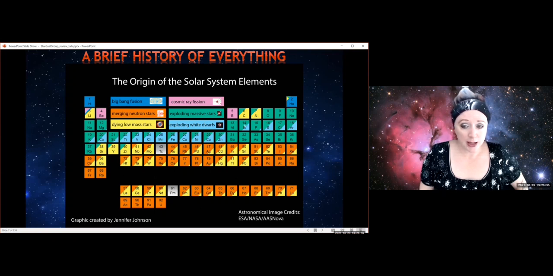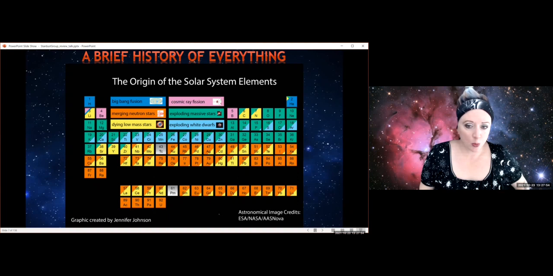But if we go to, say, silicon and magnesium, we can see that most of the magnesium is coming from high mass stars that go supernova. The silicon is a mixture of high mass stars that go supernova and low mass stars and binaries that go supernova. But if we go out to these much heavier elements, we can see that these heaviest elements are a mixture of low mass stars that are dying and this merging of two neutron stars. So elements are all coming from different places. Here, technetium is an element that doesn't have any stable nuclei, and so that's why it's in gray. This is where elements come from.